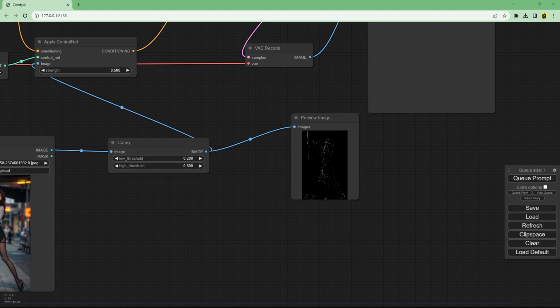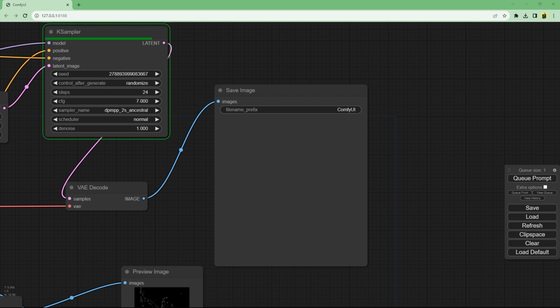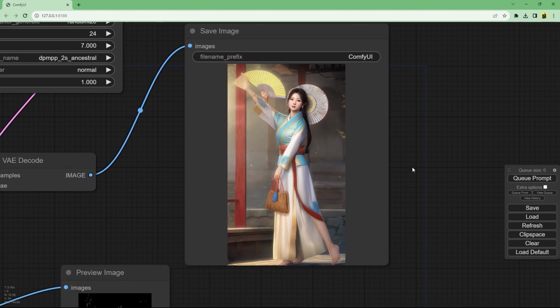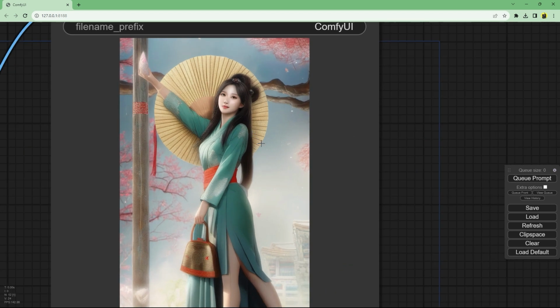With this threshold, these are the edges that Canny has processed, which will get passed to the sampler along with the text prompts. Since this is the SDXL base model, output looks super great without the refiner, especially human faces. You can try adding a refiner if your GPU allows. First output, it does follow the pose, but has a few extra hands and feet. Well, just generate again and again and again.